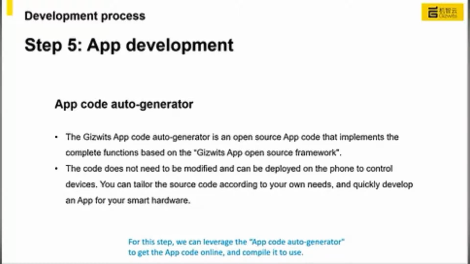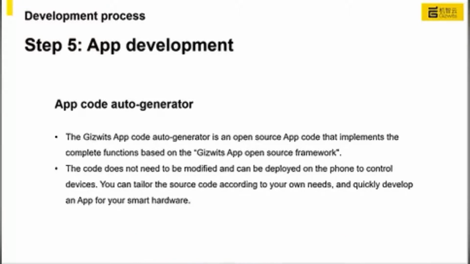For this step, we can leverage the app code auto-generator to get the app code online and compile it to use. The Gizwits app code auto-generator is an open-source app code that implements the complete functions based on the Gizwits app open-source framework. The code does not need to be modified and can be deployed on the phone to control devices. You can tailor the source code according to your own needs and quickly develop an app for your smart